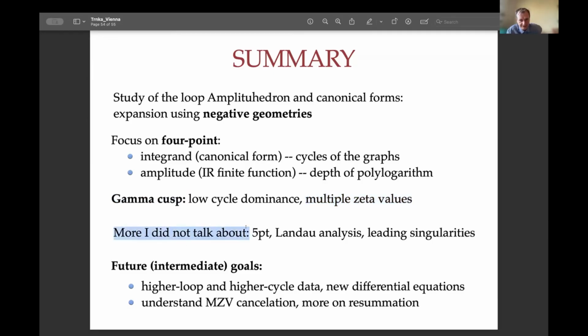Things that I didn't discuss that we have also done, and I referenced on the first slide, we have some interesting results for 5-point, something on the Landau analysis, and the leading singularities for the higher point amplitudes in this context. And the intermediate future goal is to generate more data. We need definitely new differential equations to do that. Unless we have a new integration technology which works for four-loop integrals in total generality, which seems too hard, we need some new differential equations specifically for these negative geometries beyond the ones that I showed. And we would like to understand the MZV cancellation and do more on this resummation. We only did